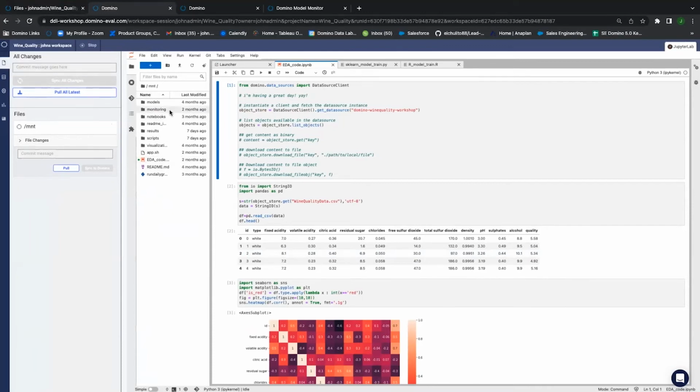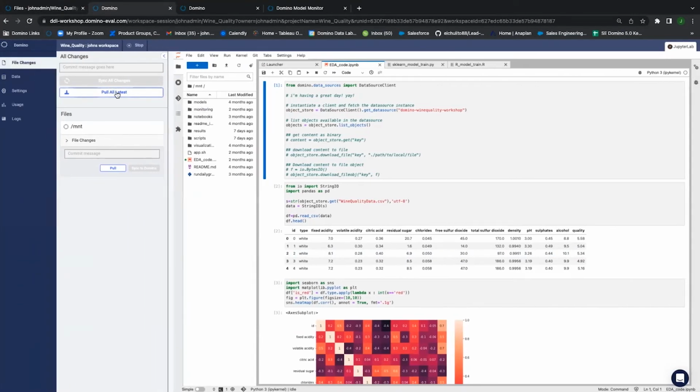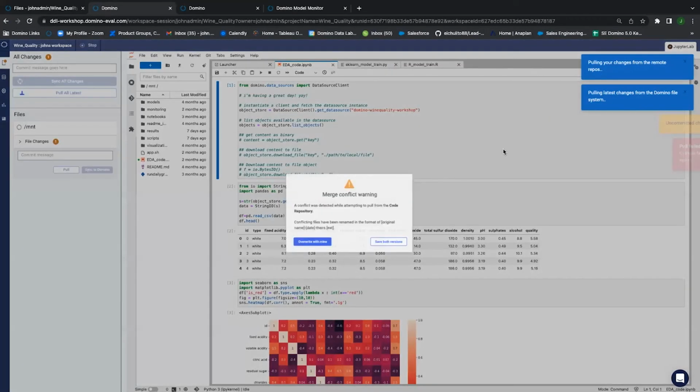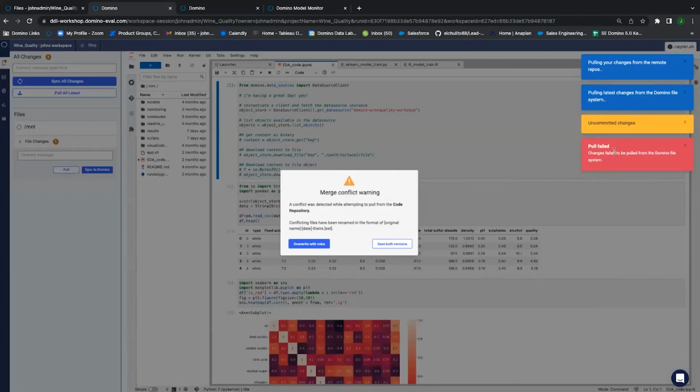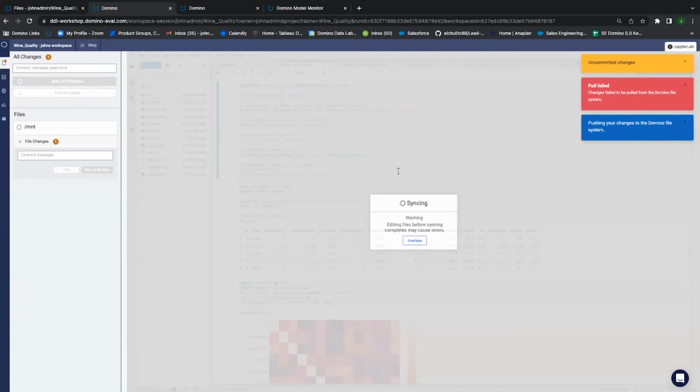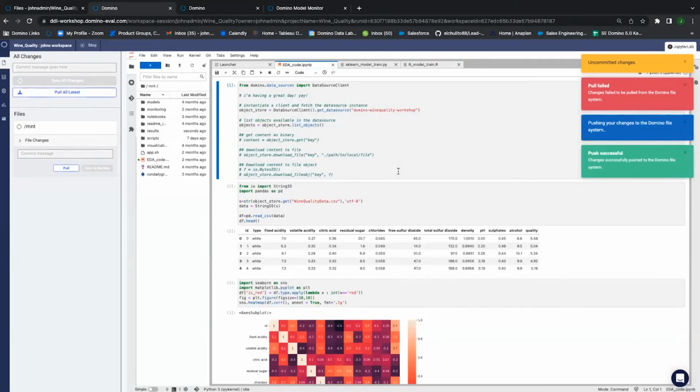In this example, if I say pull all latest, it's being pulled. If there's anything to be pulled, it's going to give me the okay. If there are any errors, it'll tell me what the error is, and I can go back and troubleshoot afterwards. Here there's an error, so now you're aware of what that is. You can go ahead and see in the logs. It turns out that I was working with code and I forgot to push before I pulled. So I'm going to go ahead and say, save both versions. So you can see that even when you have constraints working with version control, we'll always keep track of everything you've done so you can go back and fix it if necessary in the future.